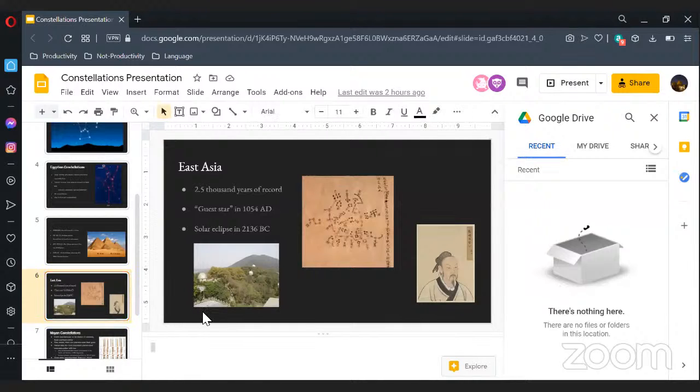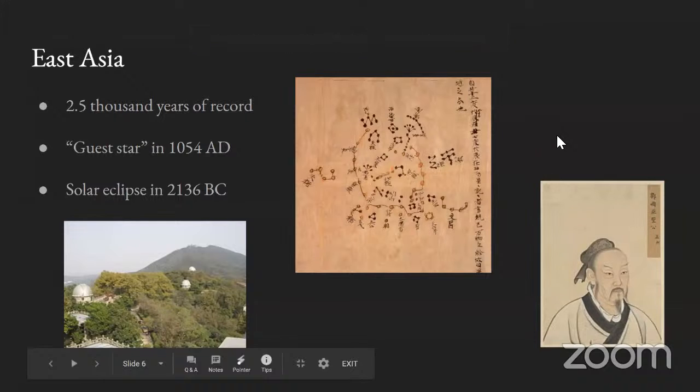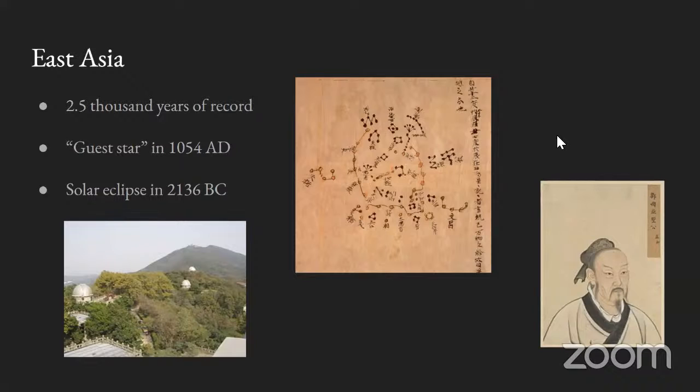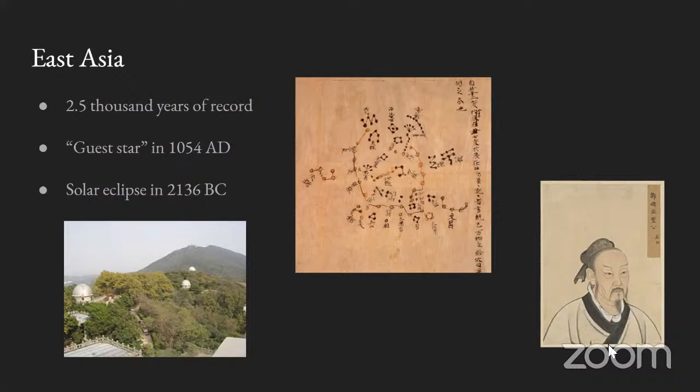mostly China. So China and Mesopotamia were actually the two main sources of very early astronomical record. And what made China so important and unique is the fact that they did a very good job at keeping these kind of records safe and organized, and it was able to survive thousands of years. So right now we have over like 2.5 thousand years of good records, and they were doing astronomy for much longer as well. So in China, astronomy was kind of known as a royal science.